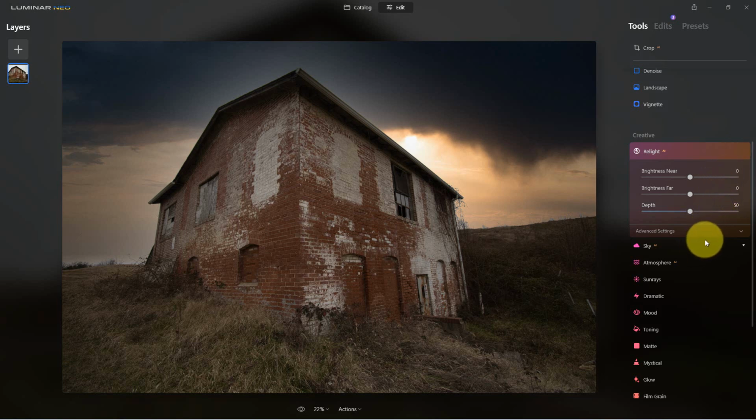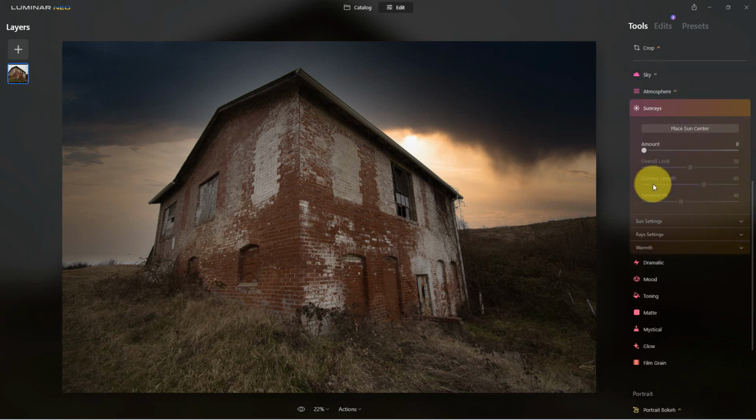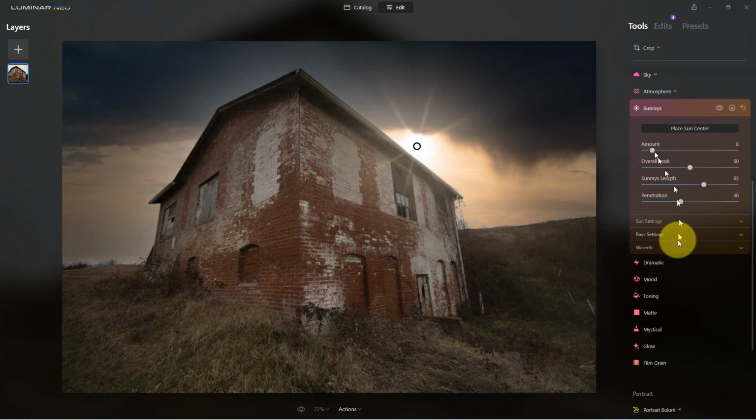The other thing that we can do with this is we can go down here to sun rays. And this actually works pretty well. You want to use it sparingly and as subtly as possible. But what we do is we click on here and we place the center of the sun. So let's drag this over to here. And now I can go here to amount, and I can actually put some sun rays in that. And so if we place that right there,